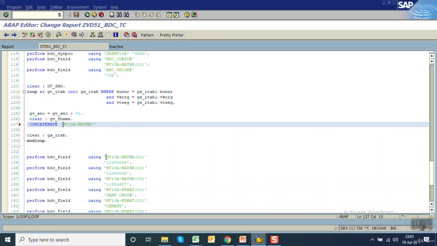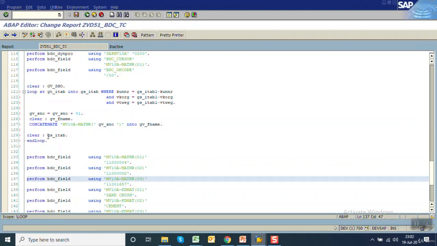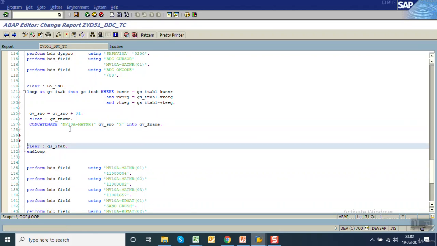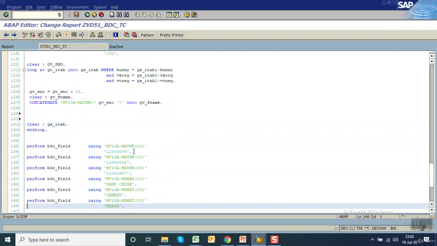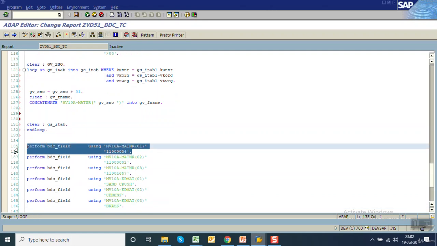This will be a static text, only 01, 02 going to dynamic, space gv_s number, then the closing bracket into gv_f name. What we are doing here, we are creating this field name dynamically. Now what we have to do, we'll copy the same code inside that loop,